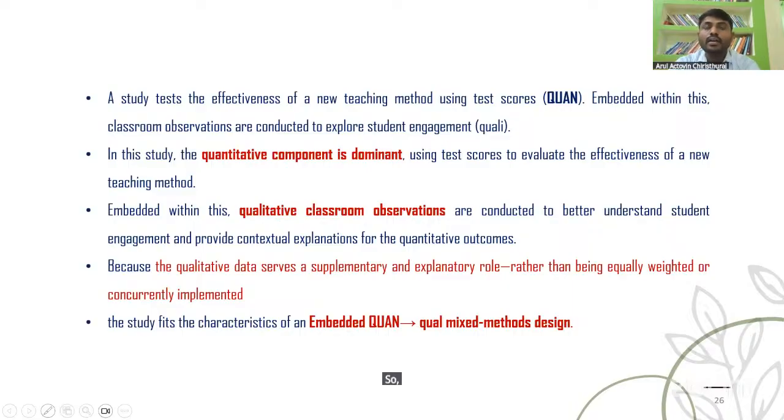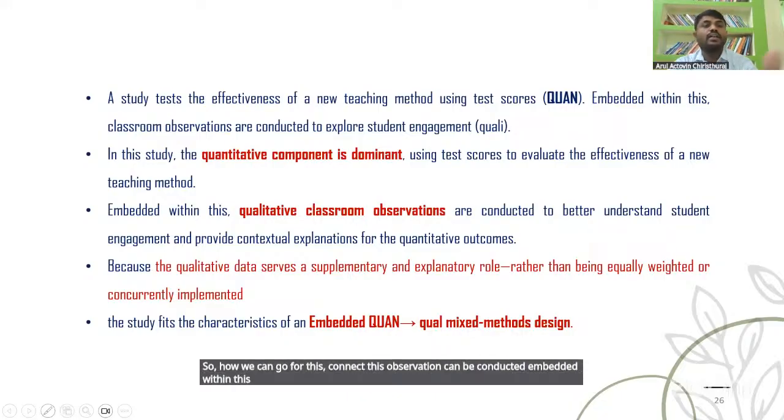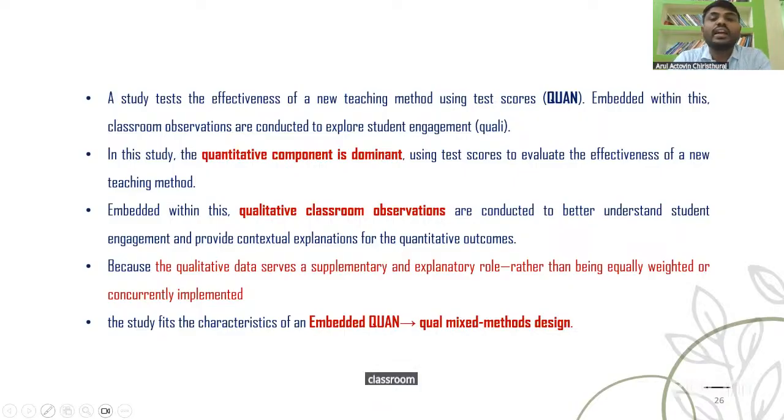So how can we conduct this? The observation can be embedded within it, as classroom observation during the data collection.